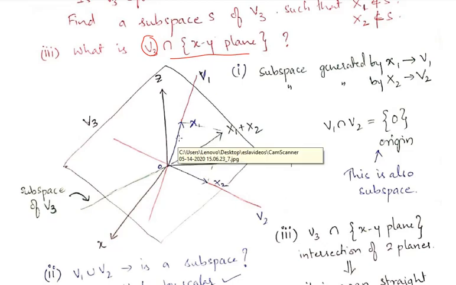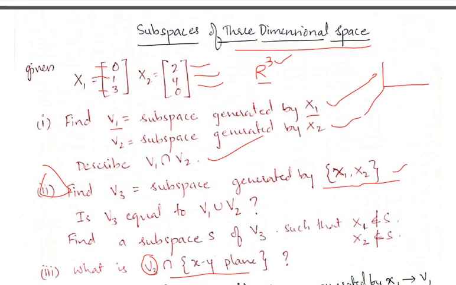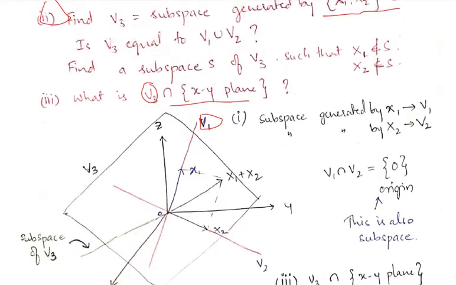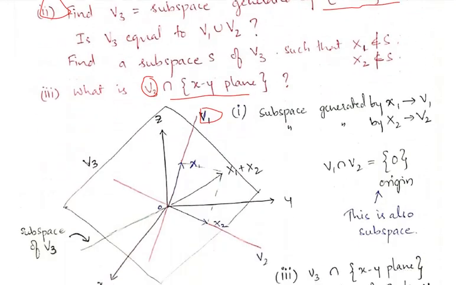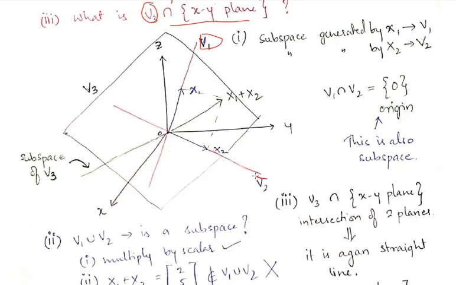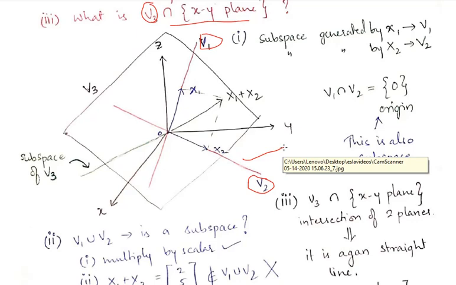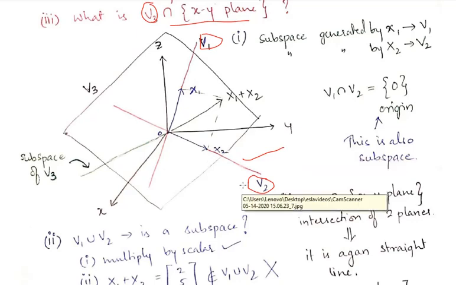If you multiply with a scalar, it will fall on the same line, the v1 subspace. And if you multiply with 0, it will stay at the origin, which this line also contains. So v1 is the subspace generated by the first column vector x1, correct? Similarly for the second, it is the line containing the second vector. That's it. This is the subspace, the complete line which covers the negative values also. So this is the subspace v2.